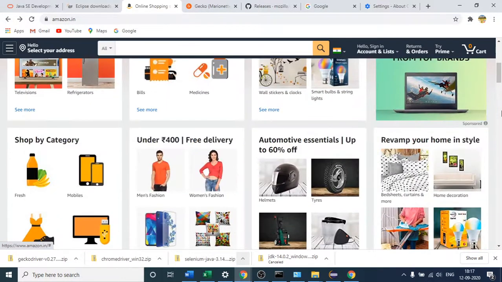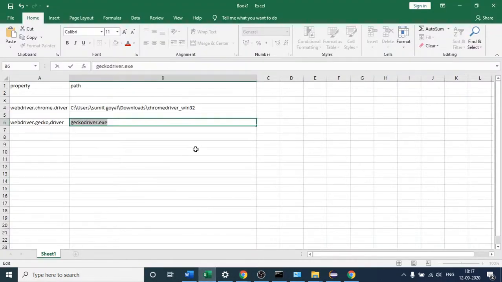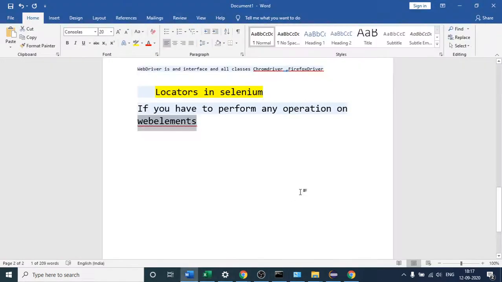If you look at this, see more, this is also a web element. So if I have to perform any function, let me open my WordPad again. If you have to perform any operation on the web elements, then locators will help you in that.